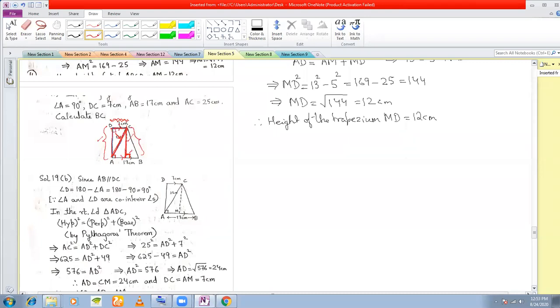This is the hypotenuse of this triangle because opposite to this angle is your hypotenuse. So we have in this right angle triangle, let me just, this right angle triangle, this green one, right? In this right angle triangle, I have to find out the hypotenuse because opposite to the right angle is the hypotenuse. So what is given in this right angle triangle? I know this length in this right angle triangle, isn't it? I know this length. And how do I find out this length?